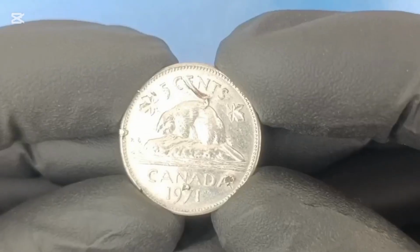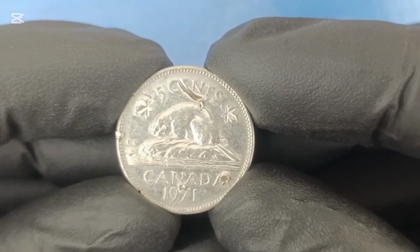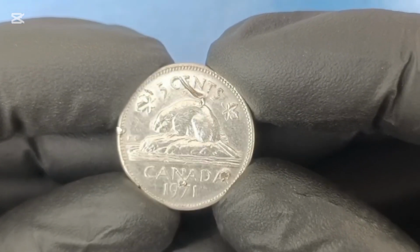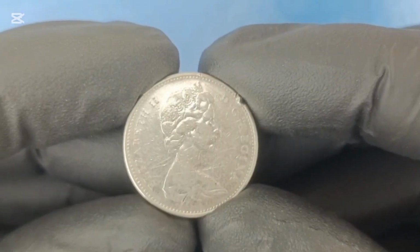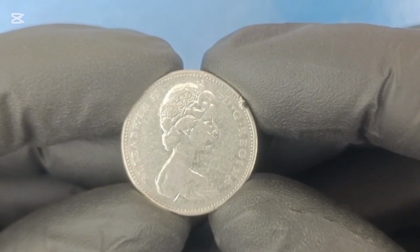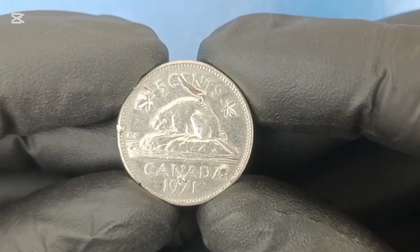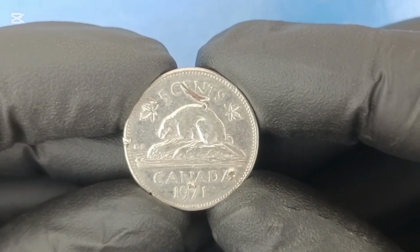In 1971, the Royal Canadian Mint produced millions of 5-cent coins featuring Queen Elizabeth II. But among them, a few rare and highly valuable pieces stand out, worth an astonishing amount today. The 1971 Canadian 5-cent coin was struck in nickel and bore the familiar beaver design on the reverse, a symbol of Canada's industrious spirit. The obverse featured a young Queen Elizabeth II, her portrait designed by Arnold Machin, a renowned